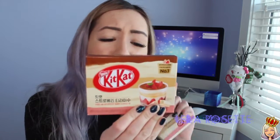So this collection came out for Valentine's Day actually, so this was very fitting. This one comes with the makeup bag as well. It comes with a Strawberry Tiramisu Kit Kat, which I'm so excited about because we don't have these in Canada. The other one I believe is just the original Kit Kat, I'm not sure. And then the palette looks like so, oh my gosh,